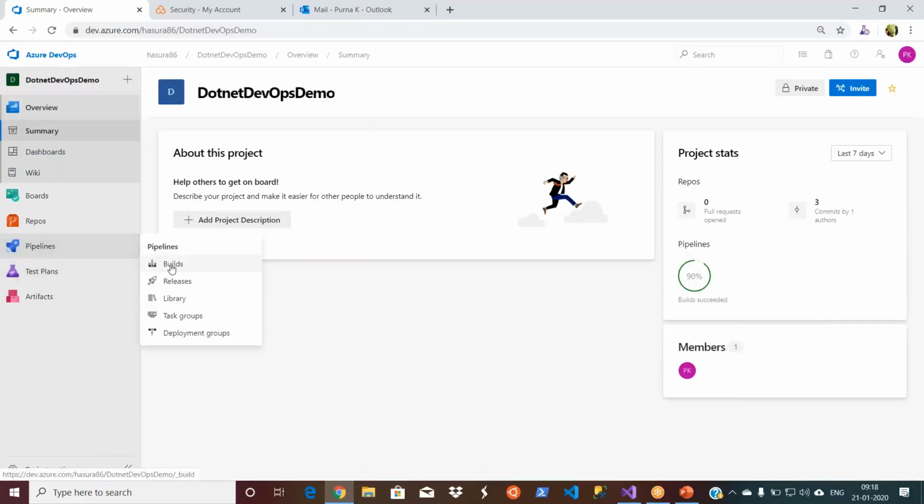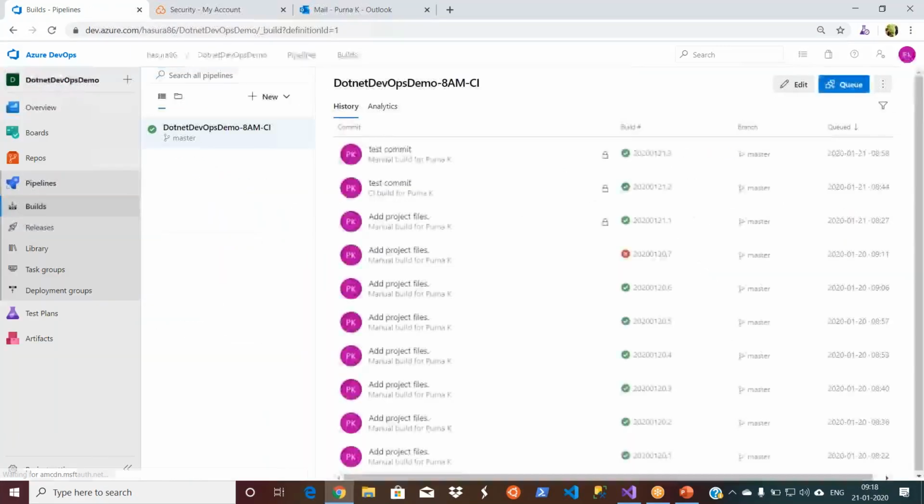Okay. So what's next? So now we know the code qualities, and we know how to run it locally. We know the branching policies. We know the pull requests. And we know how to give the permissions for the different users or groups. And we know the CI, how to enable our batch builds, I mean, at scheduled intervals.